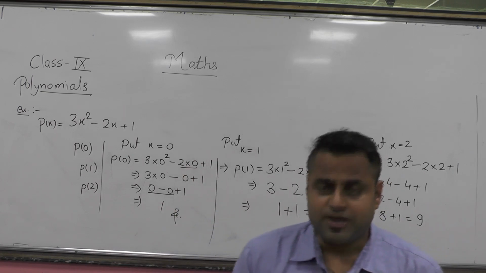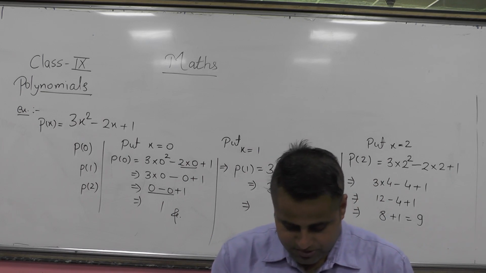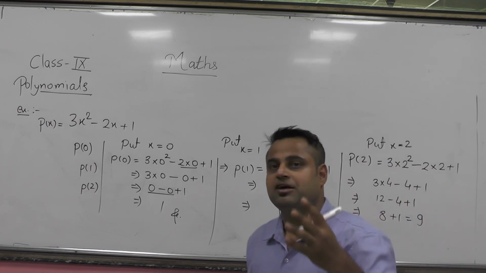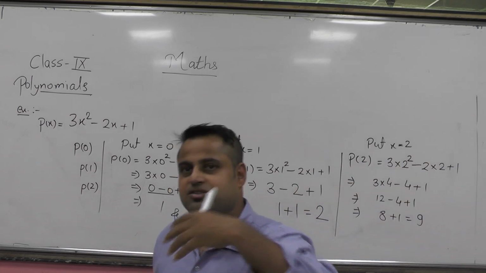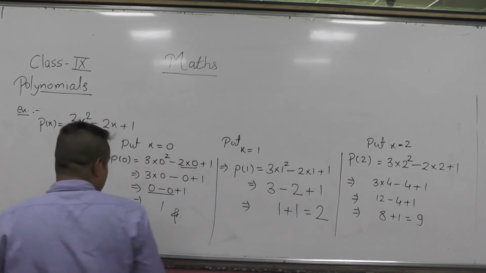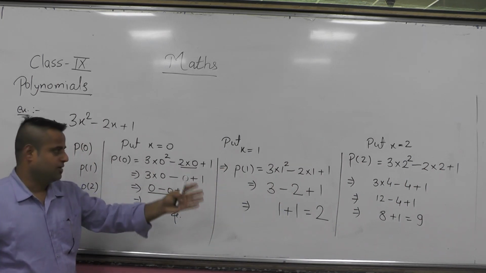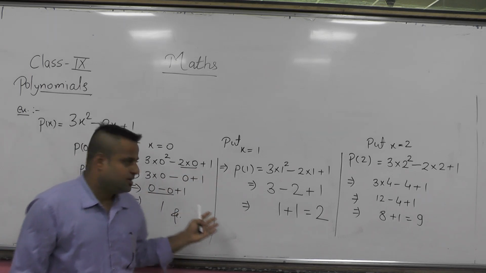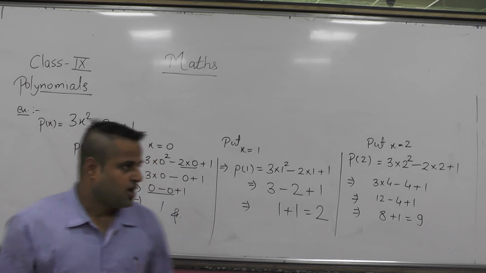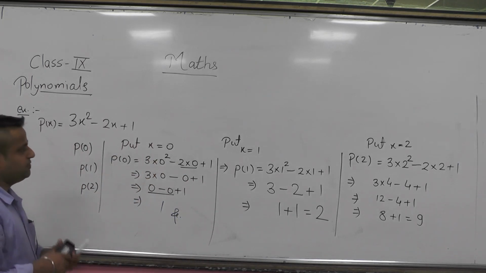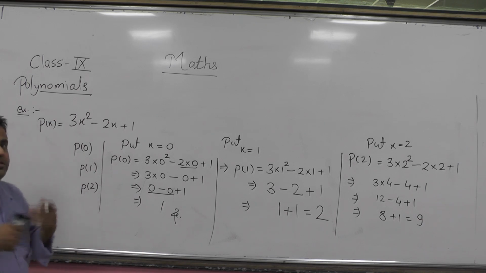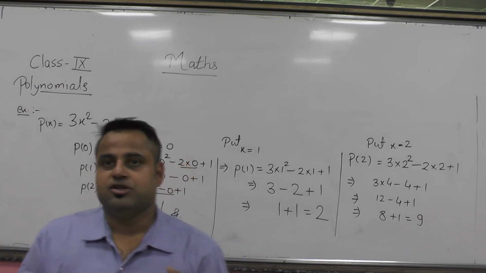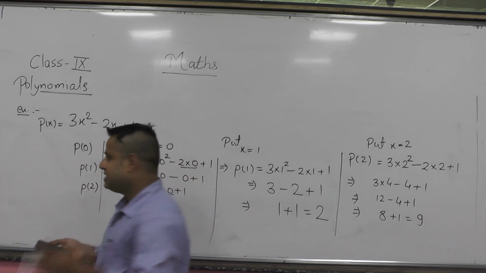Now, in exercise 2.2 you can see this type of sums. There are also a few sums for verifying whether the given value is the 0 of the polynomial or not. As you have observed, these three values are not the zeros of the polynomial, because we didn't get 0 here until now. So for that instance, if a polynomial is given and a value is also given, and they want us to prove or verify that the given value is the 0 of the polynomial or not. Let's see a few questions about that.